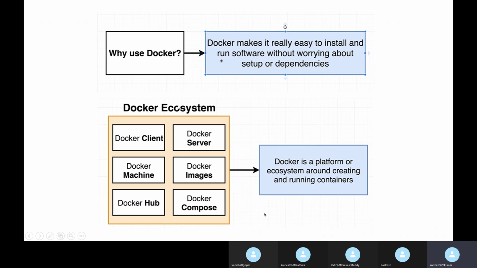Okay, so now what is Docker? Docker is not a single system, it is a platform of tools. When I say tools, these are all different tools that are available within Docker, and each one of these has a different purpose. At this point of time, it is not the right time to dig deep into these things, but we will encounter each and every one of these tools in the Docker ecosystem at a later point of time. But for now, you should be able to answer what is Docker. Docker is a platform or ecosystem of multiple tools or softwares, and they are used for running containers.